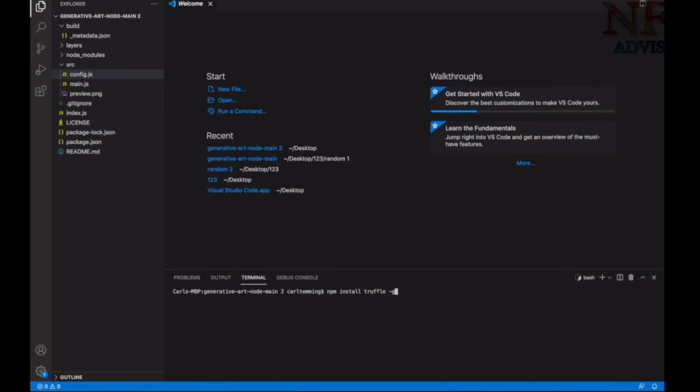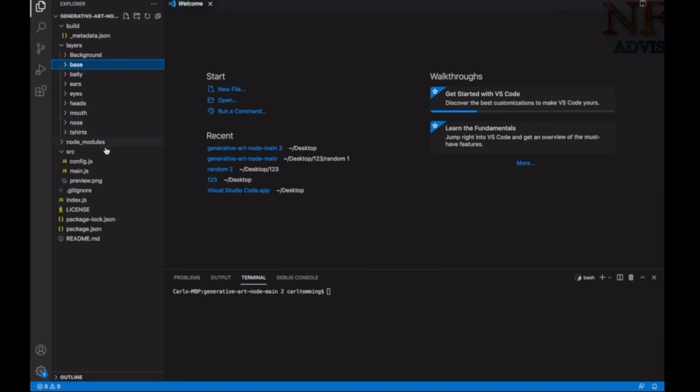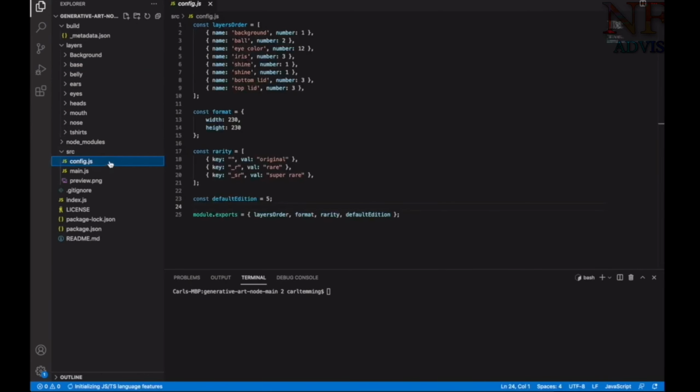So npm install truffle-g, and we need that too. And yeah, if you just then click enter, it will take a couple of minutes and then you should be all set. And when we have done this, we have to click on the config.js file here in the site,